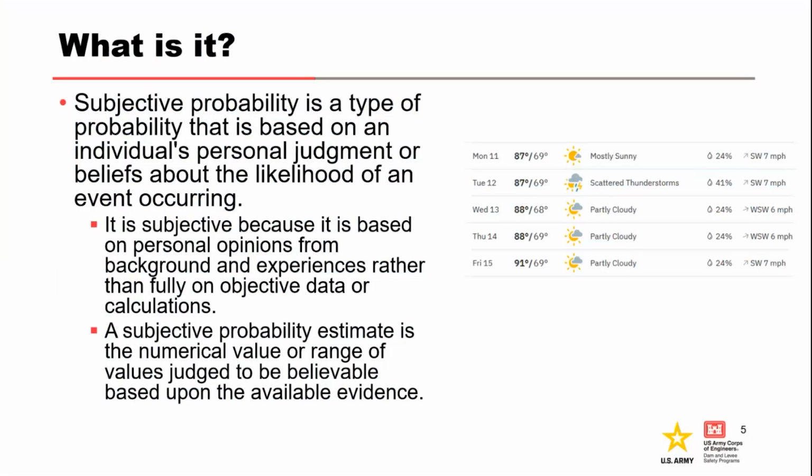One way that I could describe this is if you have two meteorologists looking at the same set of data, and they both give you different percentage chances of rain for tomorrow or the next day, right? They're both using their subjectiveness to decide what to assign for those numbers.